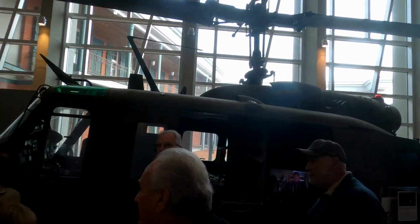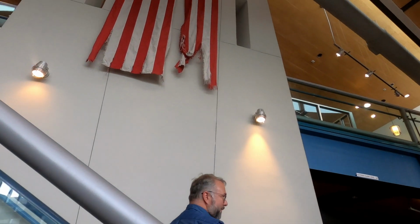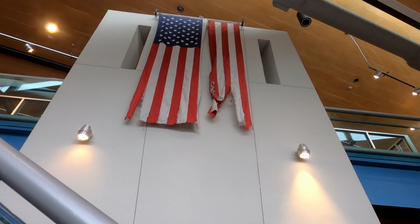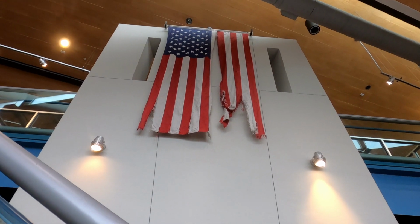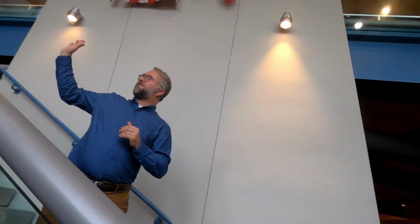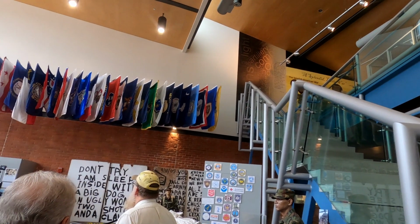If you see this tattered American flag up here, most flags that are in that condition would be ceremonially destroyed out of respect. That was the flag that was flying over Duncan Plaza in New Orleans during Katrina. A Louisiana and Oklahoma guardsman went through chest deep waters, got it down, and it was decided to keep it for history's sake. If you see all those flags across the back, that gives you some indication of how big